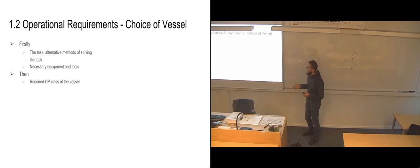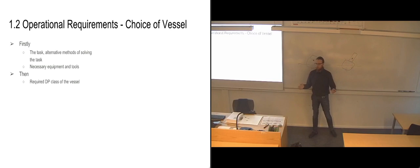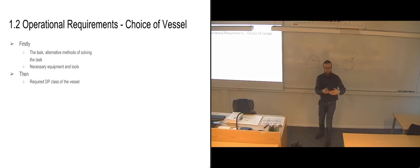And using a system like that while you're 5 meters away from the legs of a platform, you really don't want that, because if you suddenly have one component fail, the DP system fails, and it's going to take a little while for the operators on the bridge to actually notice that the DP has failed. By then you could already be just 3 meters from the legs of the platform and moving fast towards them, because that's how they are going to notice it, that they're actually moving. That's how they see the legs coming towards them. So, whoa, the DP system isn't working anymore. And that's really dangerous. So then you would have a collision on your hands and everything. So then you want a really safe dynamic positioning